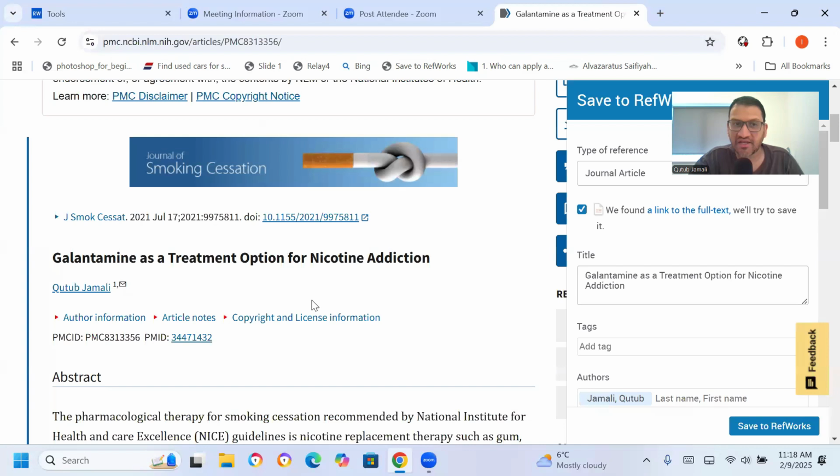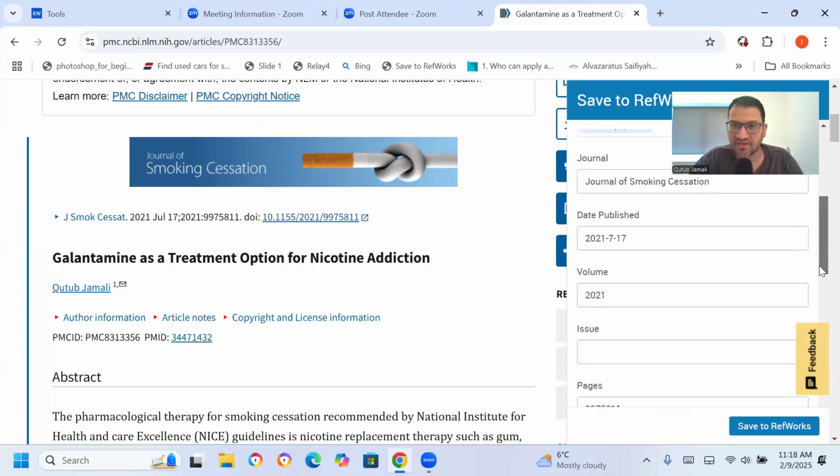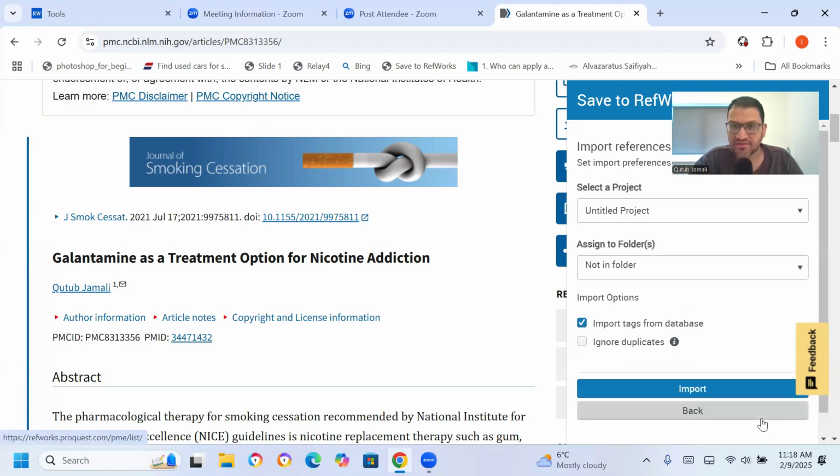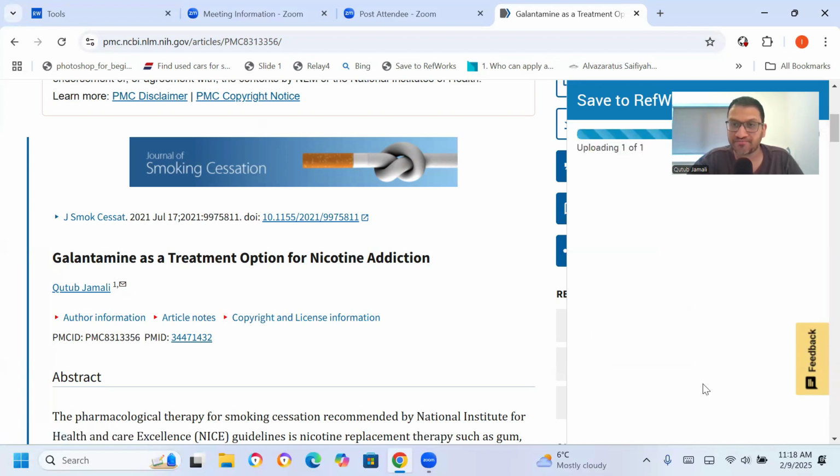And then automatically it populates all the information on this. So you can see everything is in here. You click on Save to RefWorks. So say, for example, you're working on a particular research and you have created a separate folder on RefWorks, so you can put it over there. If not, just click on Import,